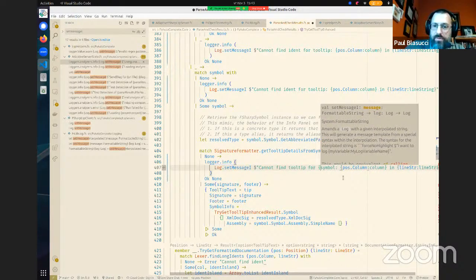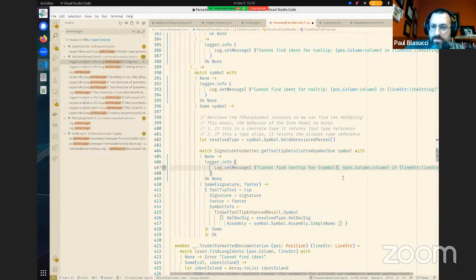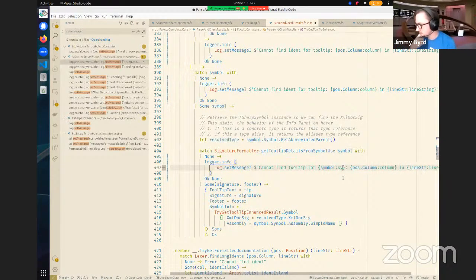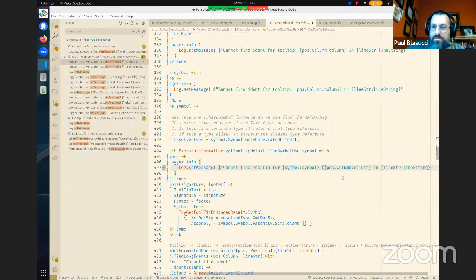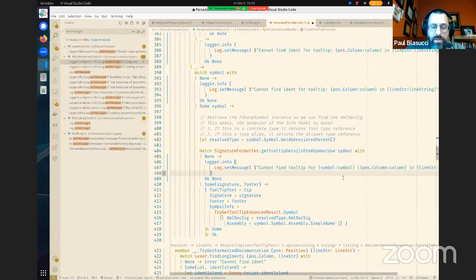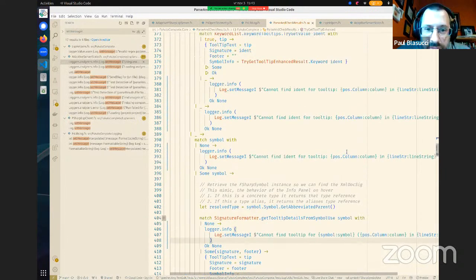Honestly, can I actually just do this? Yes, you can. Symbol, symbol, colon, symbol, symbol. And actually, because I'm just going to do that, that way, when it prints out, it'll look a little different. And yeah, there we go. Cool. I guess we could, these other ones, looking at them,